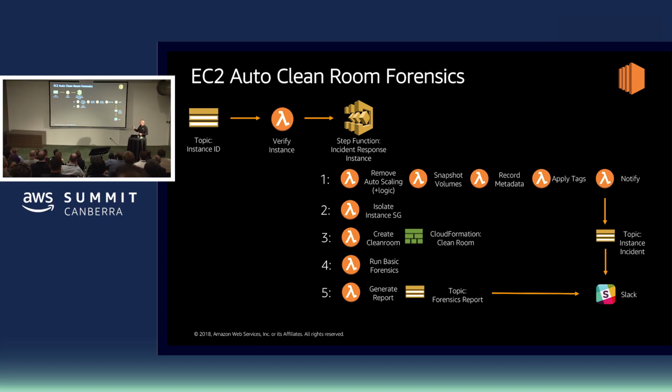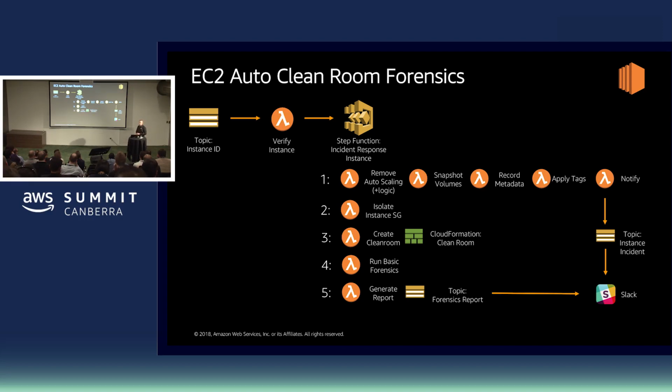Next up, we're going to isolate by using a security group with no ingress and no egress. The reason why we're not terminating at this point in time is because we're not forensic experts. We want to leave that there unless it's really doing some damage, so we can go and later investigate it. So while it's disconnected from the network, you might argue that it can't actually do any damage.